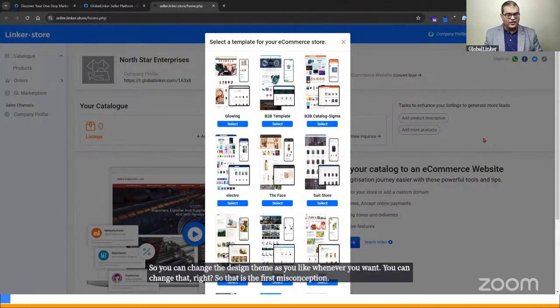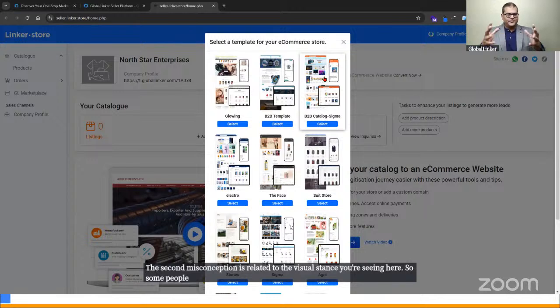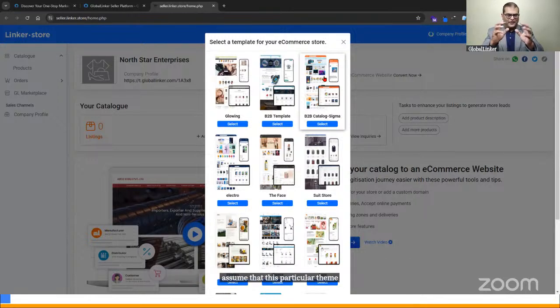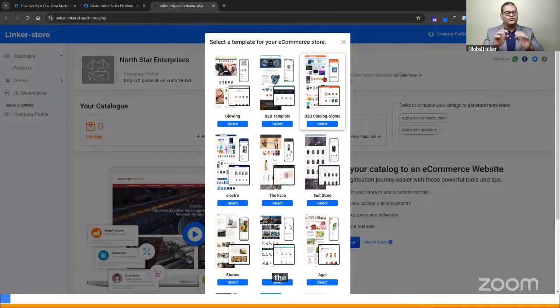The second misconception is related to the visuals that you're seeing here. Some people assume that this particular theme, I'm not sure how big the visuals are on your screen, but there are visuals of electronic products like monitors, laptops, etc. So they assume that this theme is to be used only by businesses that are in the business of selling these electronic products, and no one else should use this theme.